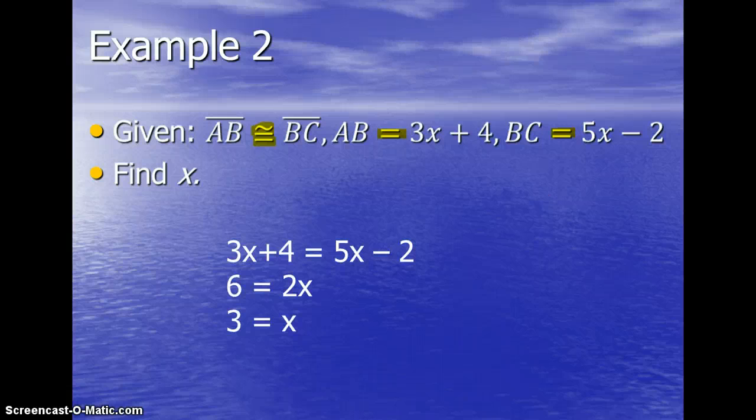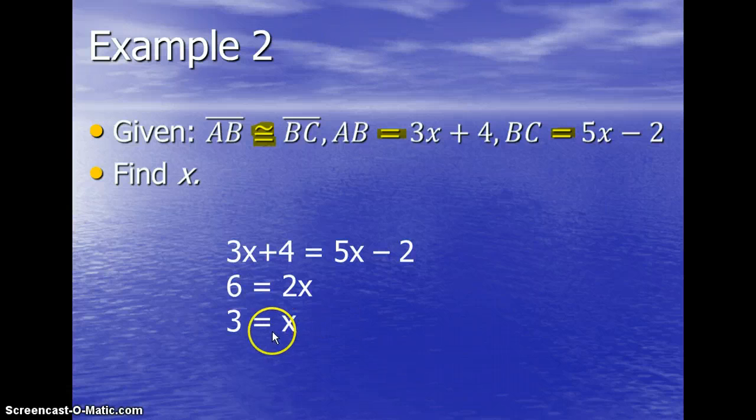I'm going to subtract it. When I take 3x away from 5x, I get 2x. When I bring -2 over to the other side, I add 2, which gives me 6. And then to get x by itself, I divide by 2. X is 3. Now, if I wanted to go further and actually check to see that that's the right value,